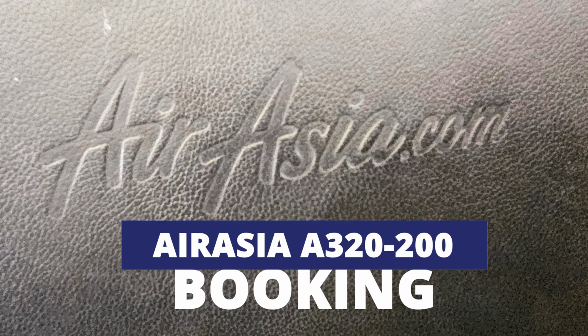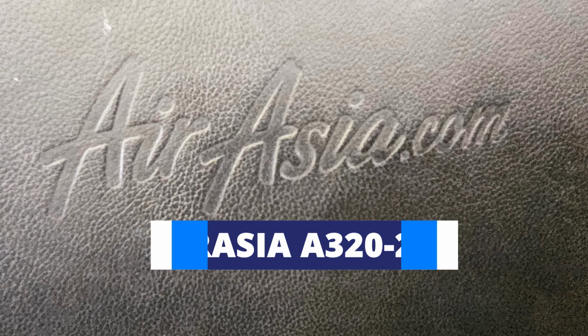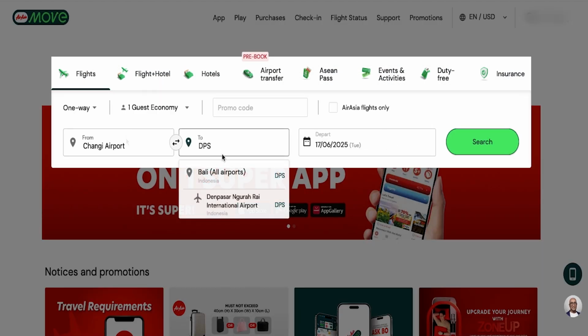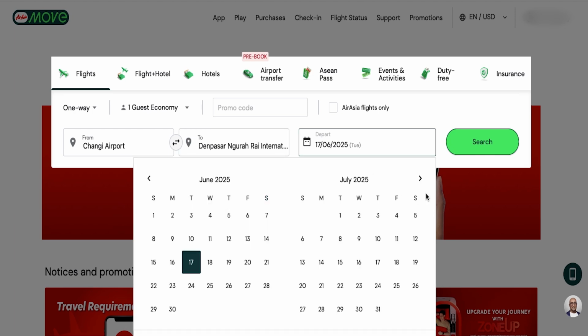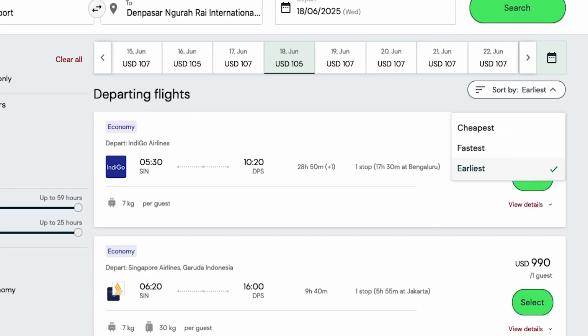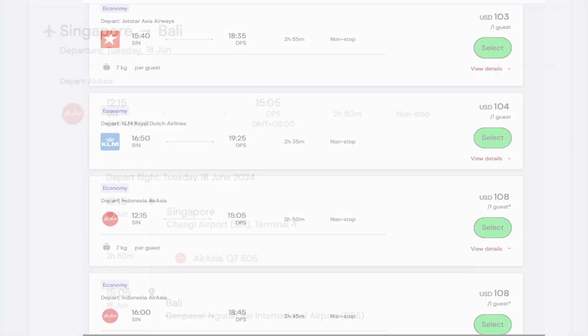Now let's talk about booking your flight with AirAsia. Now, you might have already booked your flight, but we're going to provide some information that just might help you on your trip. And we're going to take a look at the exact trip that we took. We're going to sort our results by time, and as you noticed, you can book flights on other airlines as well. But what we're looking for is a direct AirAsia flight to Singapore around noontime, and this is the flight